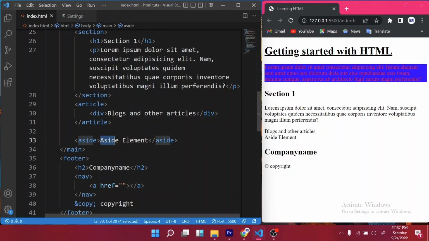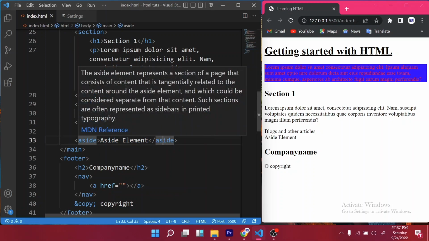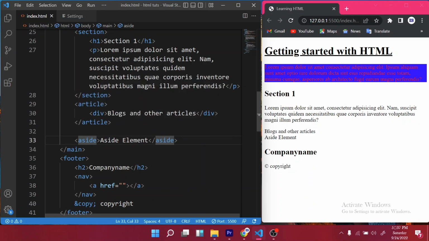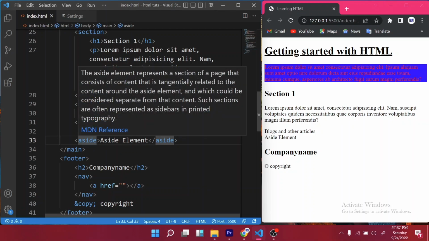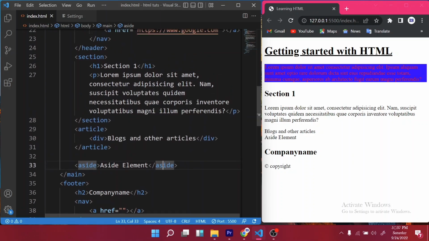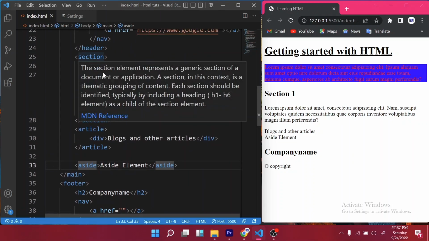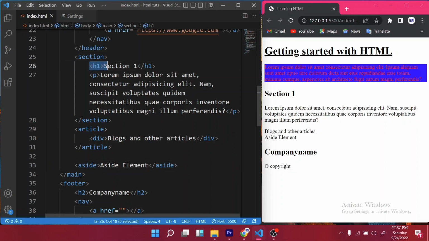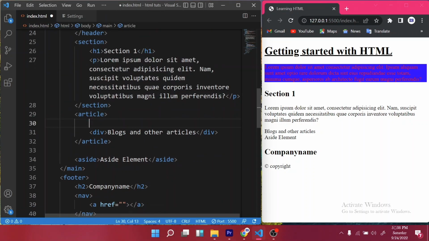I would like you to make a change here. I'm seeing that this aside element, this aside semantic tag, actually requires some kind of heading. It is not compulsory, but it is recommended that anytime you make a semantic tag, you should give it a heading like this. This is a section. I've given it a heading saying section 1. Okay, so this is good practice. After a section, I give a heading and I give whatever I want to display in the section. So right in this article, I would also have to do the same. Why don't we give it an h2 header, and then we'll say